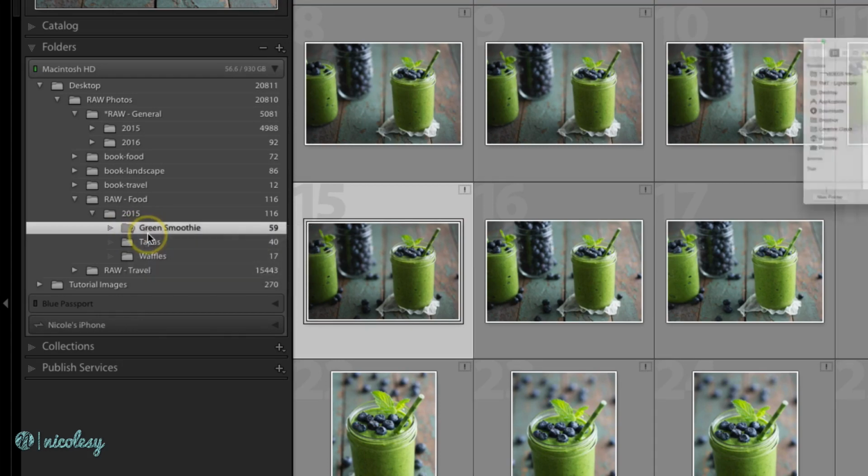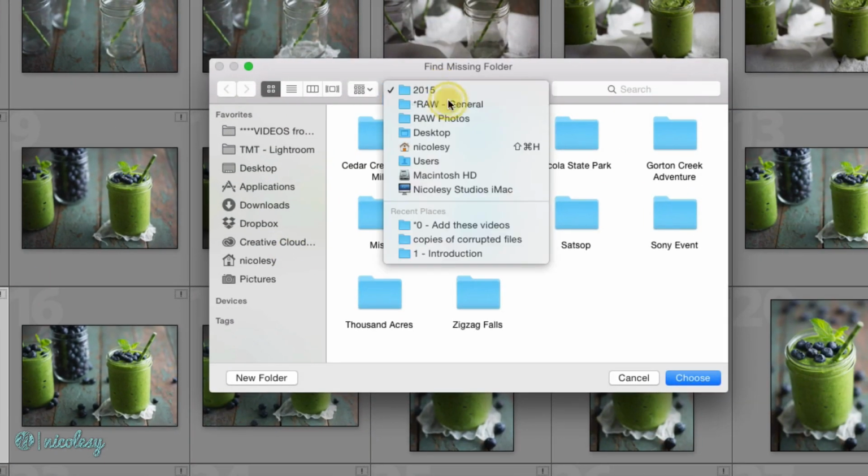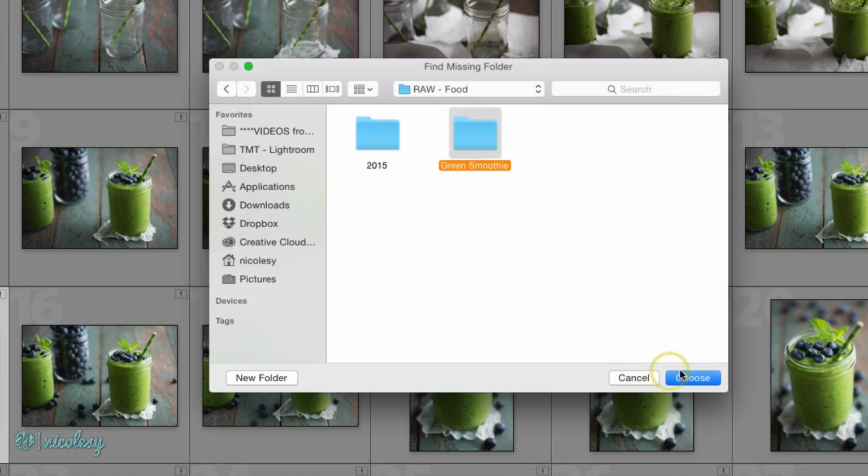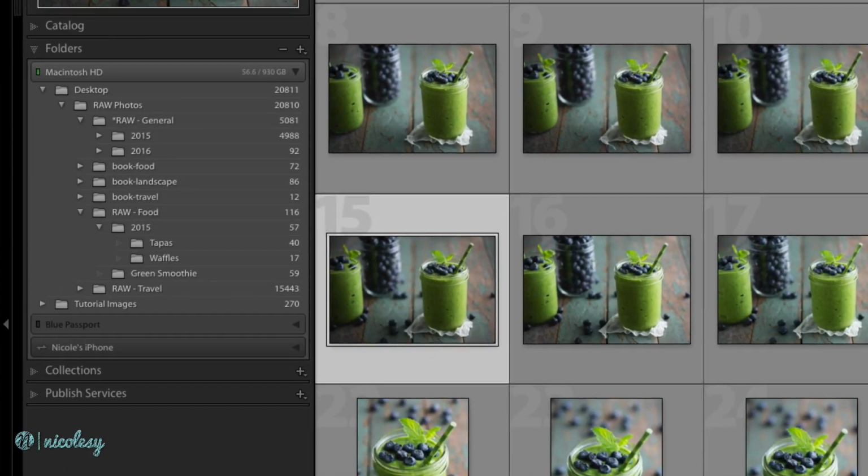I can find the missing folder if I know where it went, and in this case, it's not that difficult to locate because I did it intentionally. But if I were to go into several folders and move photos around, or just make a bunch of changes behind the scenes, not necessarily in editing the photo, but in how they're structured in terms of their naming and their location, that can really mess things up. If you do too many things, you may not be able to recover and locate those files as easily as you would like. So I'll go back into this folder.